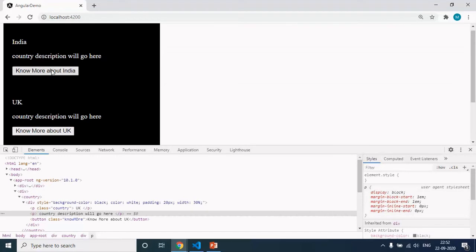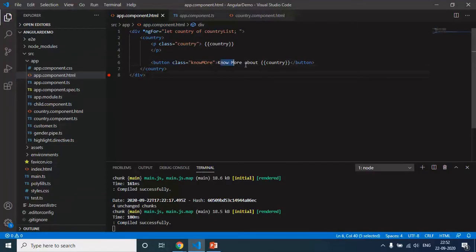Now you can see that we are able to pass this button as well. So now you can see that we are able to project the content dynamically. You can see that we are hard coding this part and we are dynamically passing from here. So friend, what we are doing here, this term is also known as content projection. This is also a very frequently asked question in the interview. They can ask you what is ng-content, or they can also ask you what is content projection.